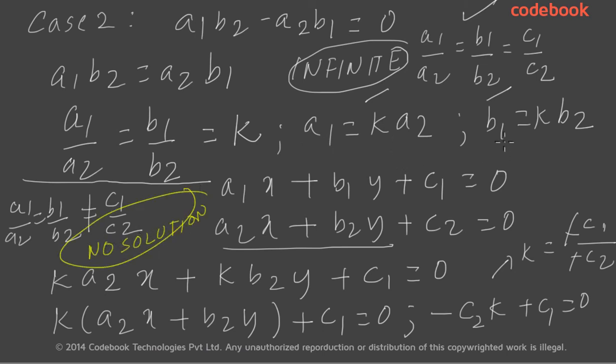So what we have learned is that we are able to deduce the relationships between solutions and coefficients in the cross multiplication method. The first case was A1 by A2 is not equal to B1 by B2. If that was the case, then we had a unique solution. But if A1 by A2 is equal to B1 by B2 is equal to C1 by C2, we have infinite solutions. Whereas if A1 by A2 is equal to B1 by B2 is not equal to C1 by C2, then those two equations have no solution. So this is your cross multiplication method. By using this method, we can easily calculate the values of x and y when you are given two equations with two variables x and y.